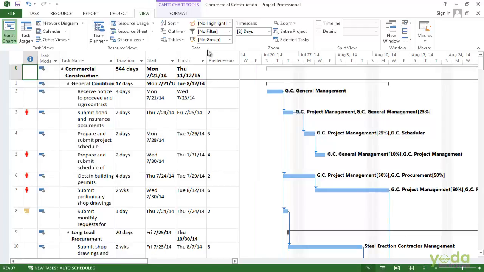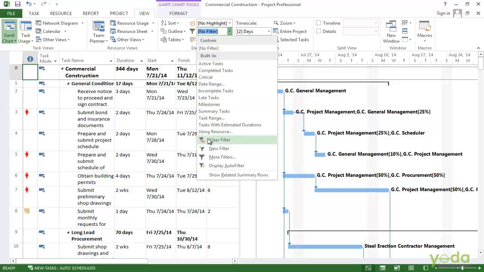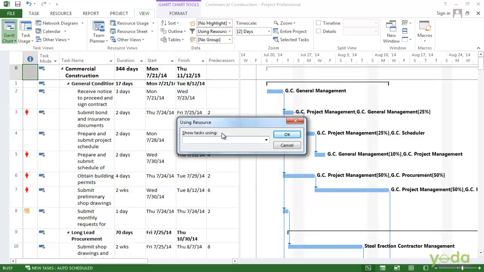I'll choose another filter, in this case Using Resource. Now one of the things you see here is that Using Resource has an ellipsis after it, and that means it's going to ask you for some information.